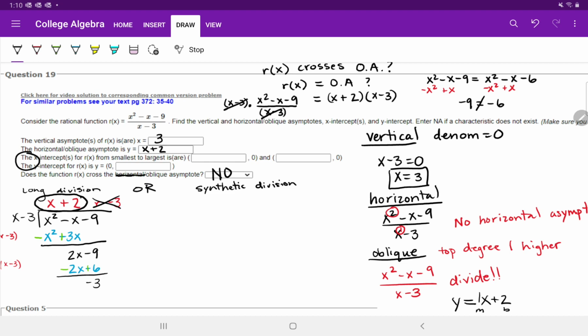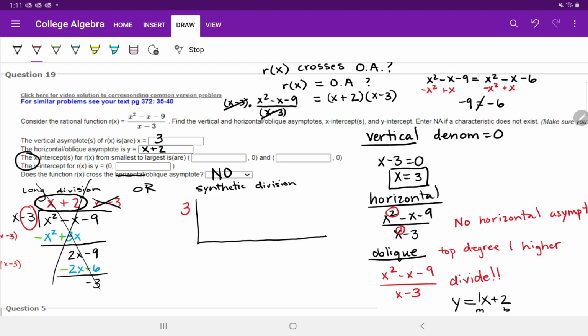Okay, so I promised you a few minutes ago that I was going to do this using synthetic division too, so I just want to show you that really quickly before we move on to the next problem. We do not have to do long division. There is another way. You can rewrite your problem using a synthetic division bracket. So you take this negative 3, turn it into a positive 3, draw your bracket upside down and leave some extra space,